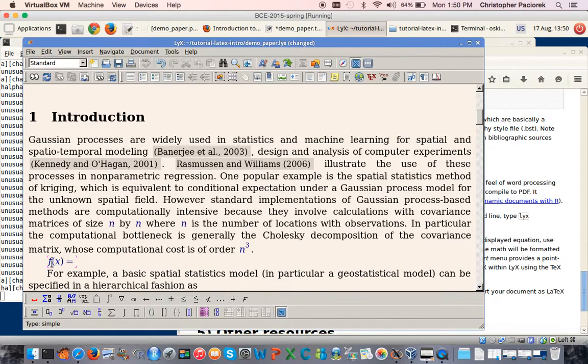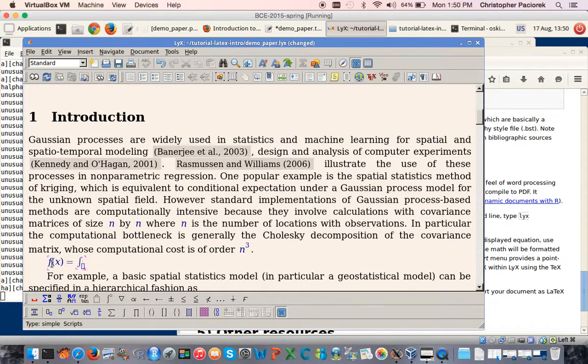So equals, and now if I wanted to create an integral, I can type \int, and as soon as I hit a space, in this case, LyX will basically interpret that LaTeX syntax and convert it into a view of what it would look like. If I hit an underscore, I can then type in the lower limit of integration, and then a space.